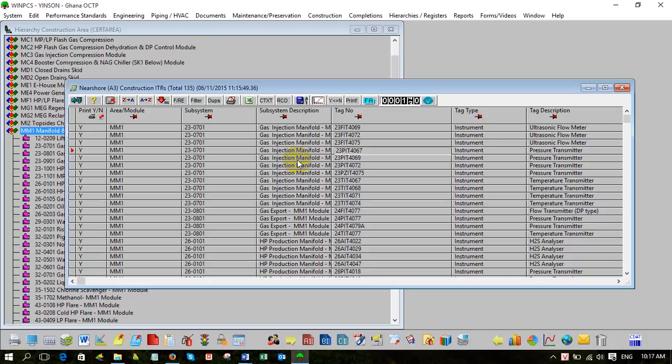For hydro test, same. No, for hydro test you must give me a subsystem, because I already gave you the boundary. Because I don't know. For hydro test, I must be very careful, because the boundary can cross from one subsystem to another subsystem. Means you want to run the whole line, but there's a break here. There's a blind or a break. So you can do your single test, but your test pack must be two. One subsystem, one subsystem. But your record, your graph, your traceability, your NDT can be the same.